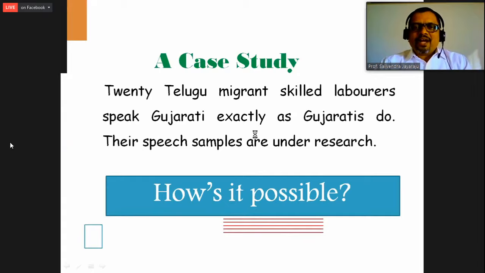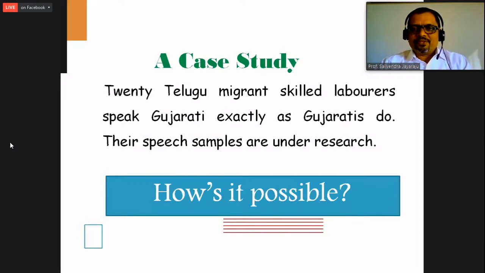See, how is it possible? How is it possible for a foreigner to speak Telugu? And I would like to draw your attention to one of the important things. There is a case study going on. Some example case speech samples are under research. And what we need to understand here is, 20 Telugu migrant skilled laborers